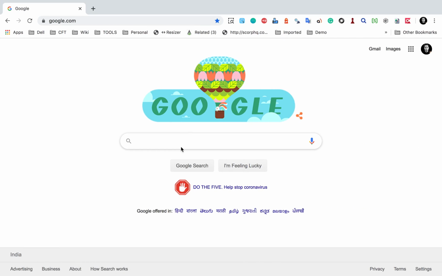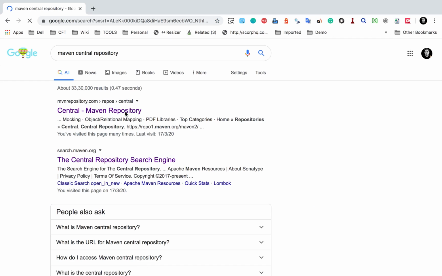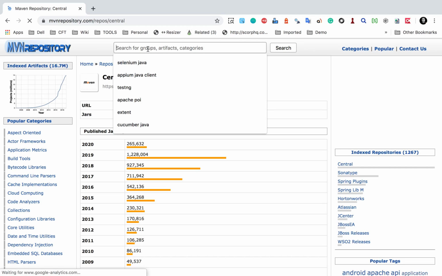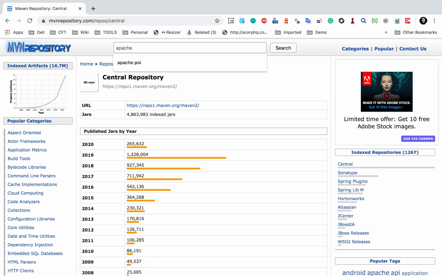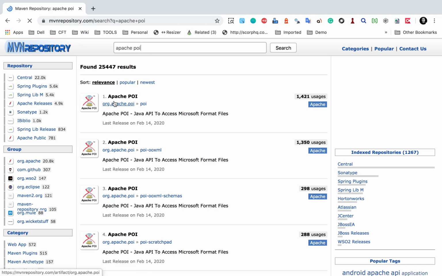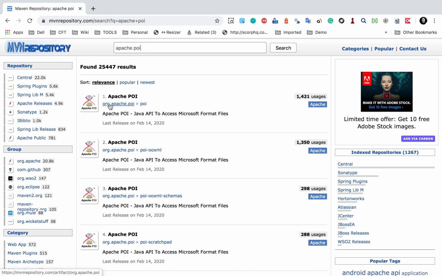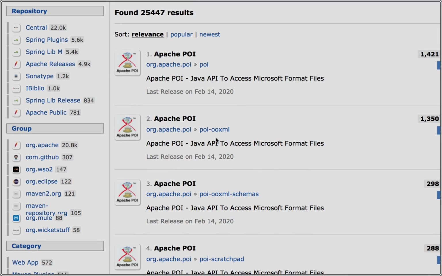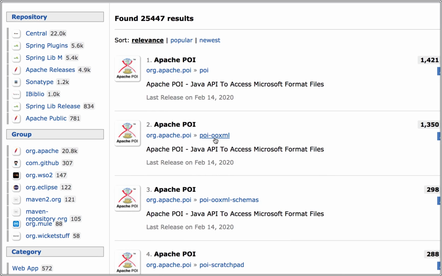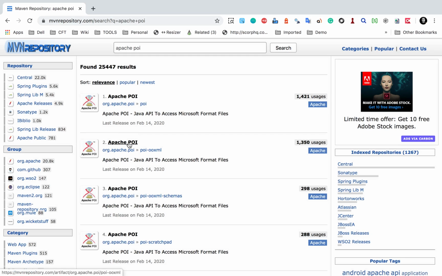If I go to Maven central repository, here we are going to go with Apache POI, which is a very good, common and widely used Excel library. So if I search for Apache POI, you can see we have Apache POI here and then OOXML. So many versions are here. I will be using OpenOffice XML, that is OOXML. So I will go and click here